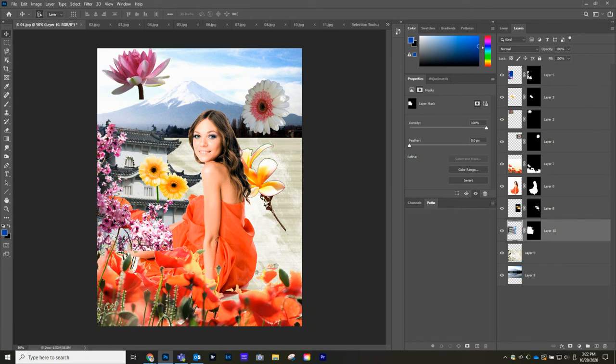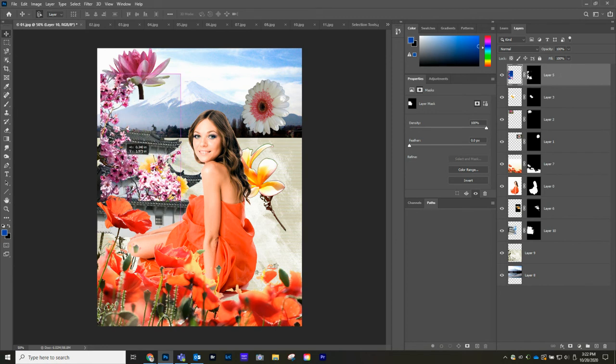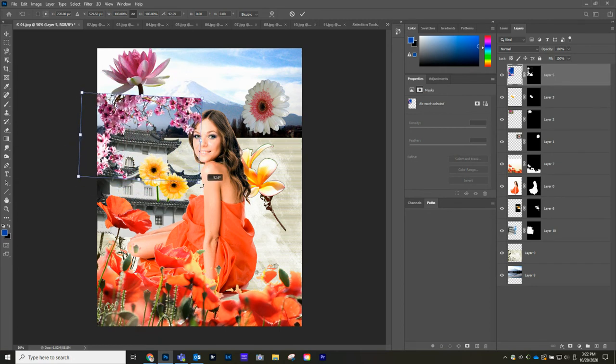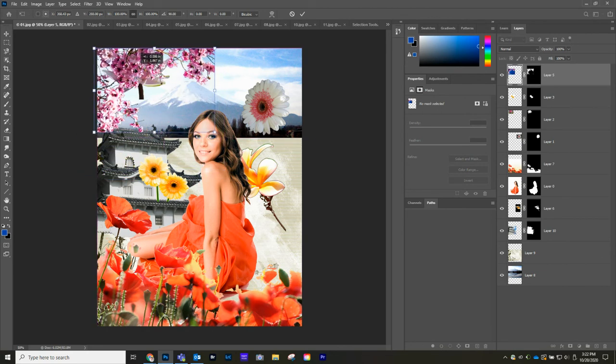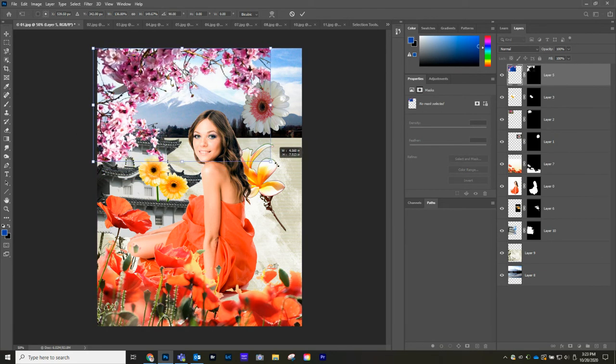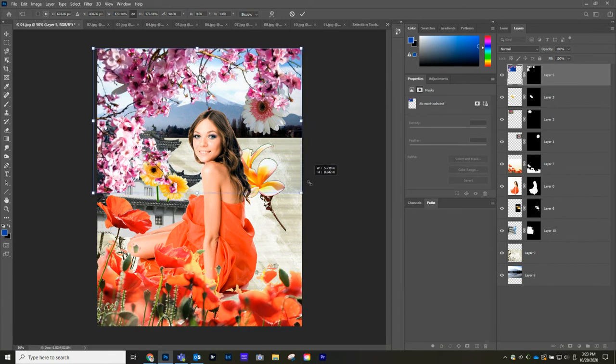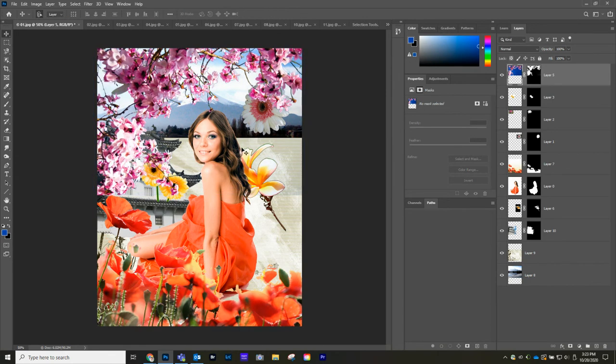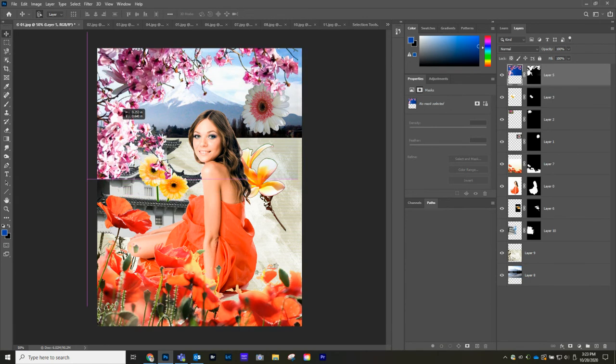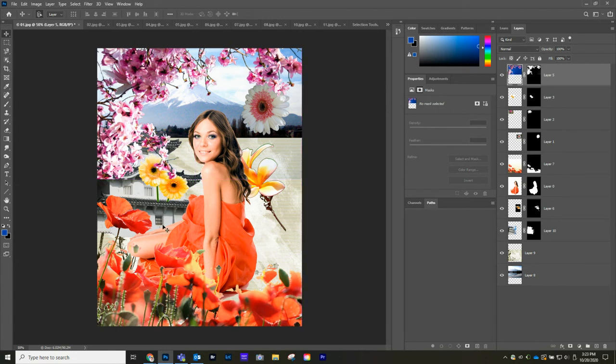Let's grab this flower here. I thought I would go Control T. Here's another option you can do with transformation. If you bring the mouse outside here, you can see this. You can rotate it. If you hold Shift, it'll lock it in the 45 and 90 degree angle. I'm going to make this a little bit bigger, just kind of make it look like we've got this bush, the cherry blossoms, framing the scene. In that situation, I want to have,